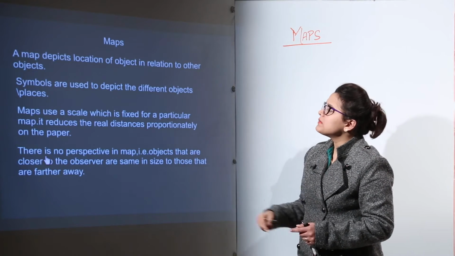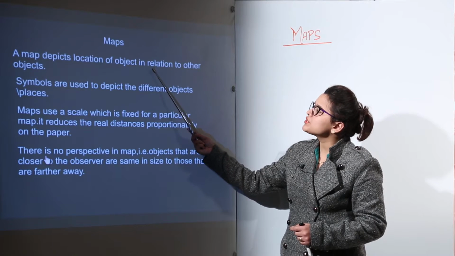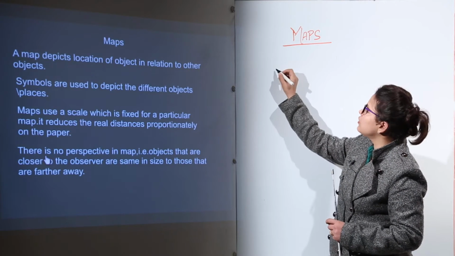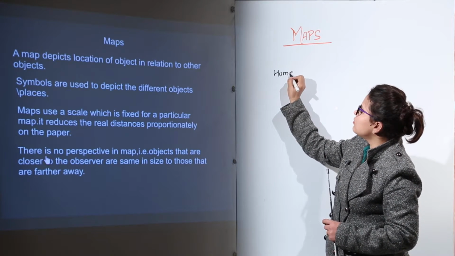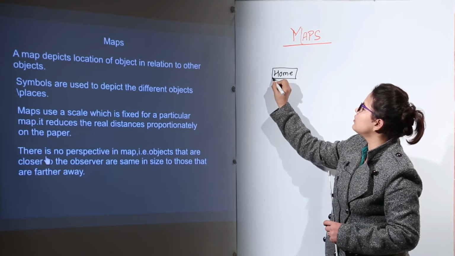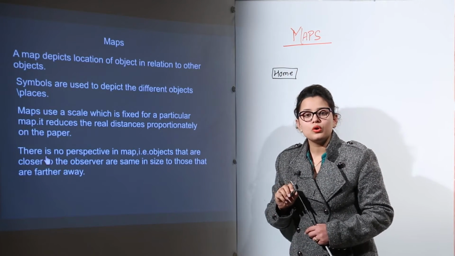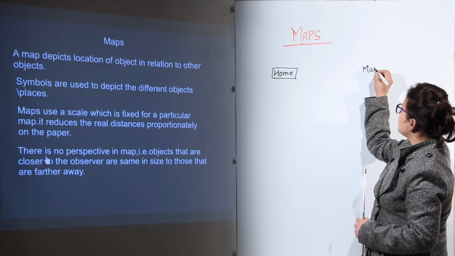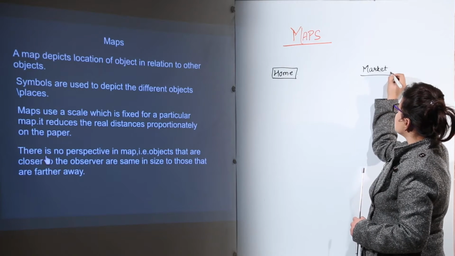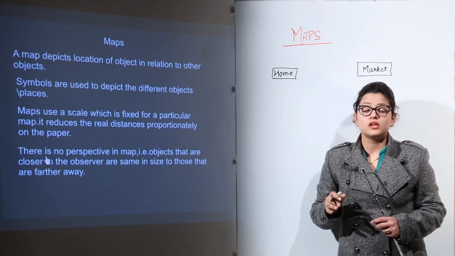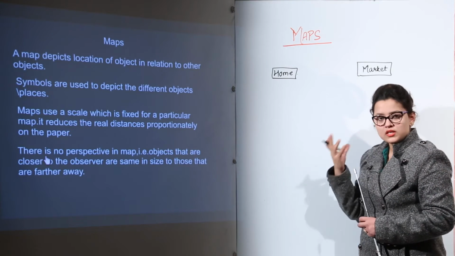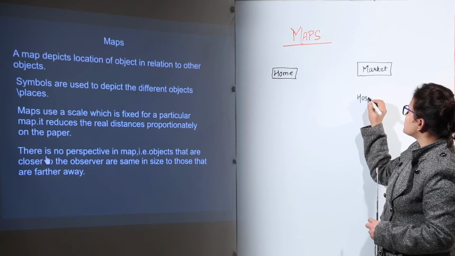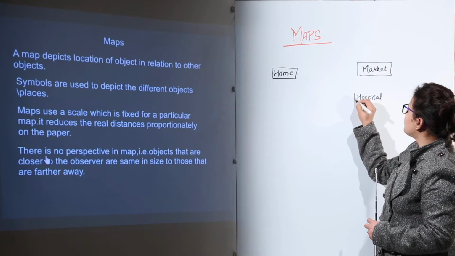As the first statement says, it is going to depict the location of an object in relation to the other objects. Say for example, you are at your home right now, right? Now your home is your current location, right? And if you want to go to some market, I am making a market over here. Now let's say these are the two locations. Rather than objects, we are taking locations because you are more familiar with the location concept, right? So now you have a market over here and a hospital on the other side of the market.